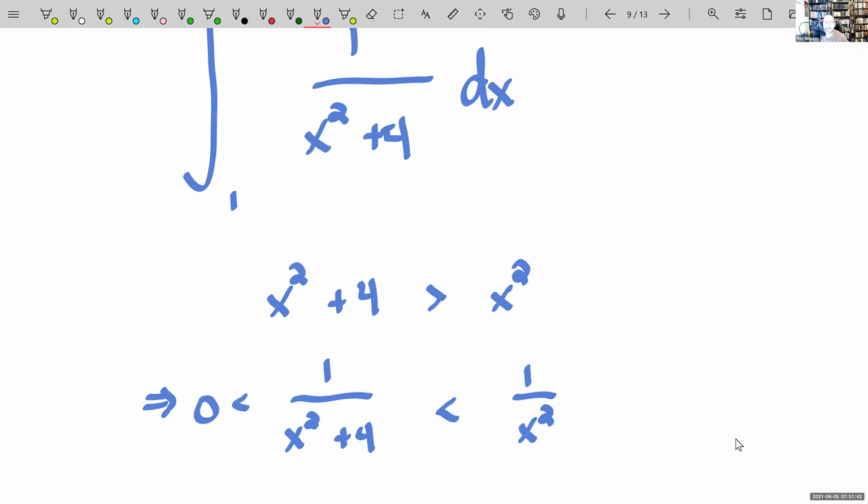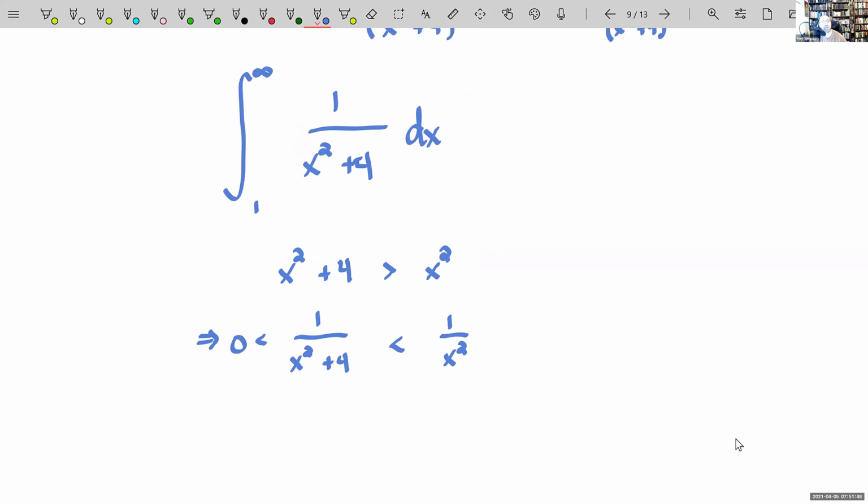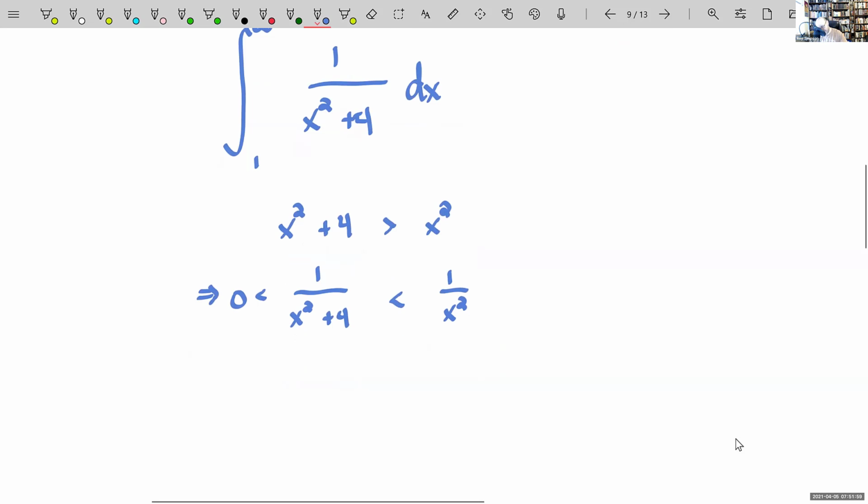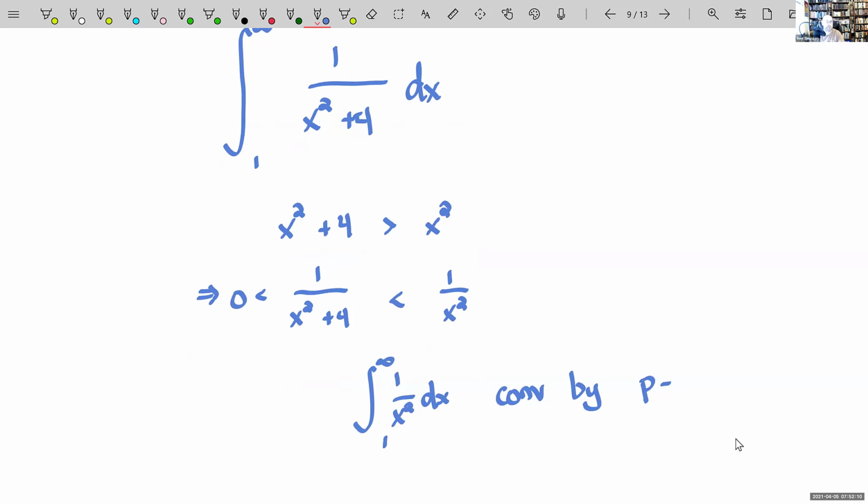This harkens back to section 7.8 when we were introduced to improper integrals, and then we spent some time evaluating them. And at some point near the end of it, we said, well, what if we could compare them? And so note the integral of 1 over x squared dx from 1 to infinity converges by the power integral test, not power series, but power integral test, right? Because its power is greater than 1. And thus,